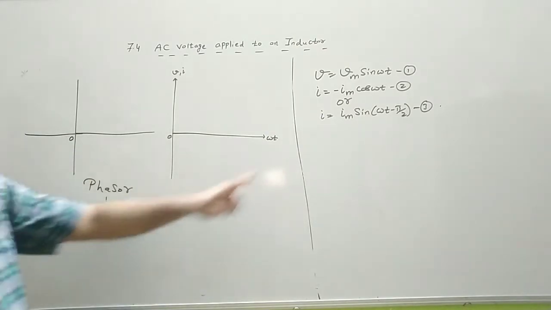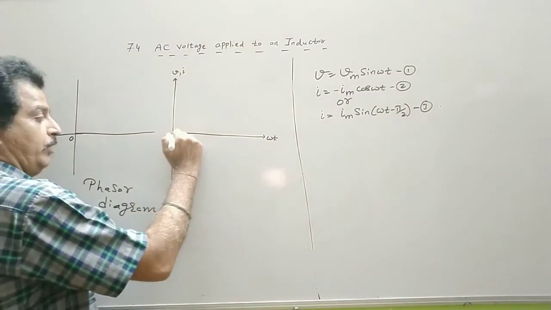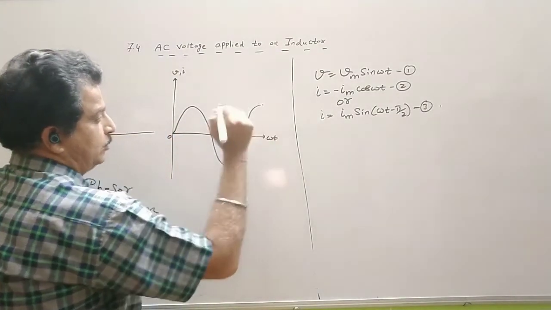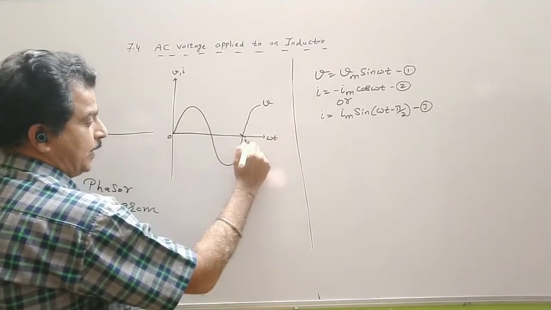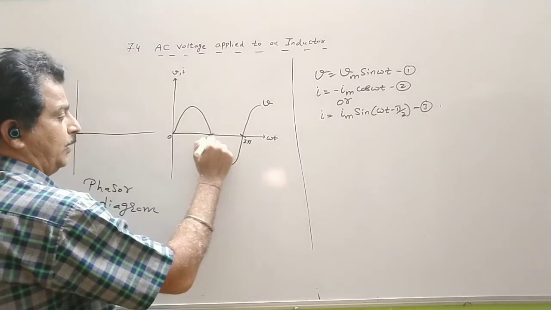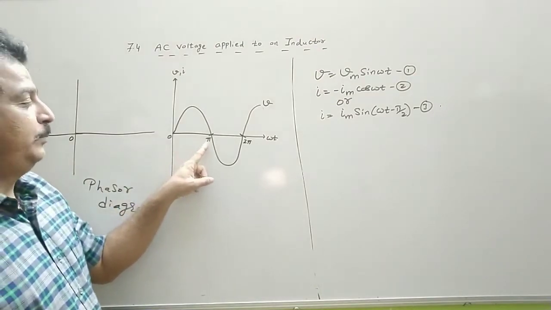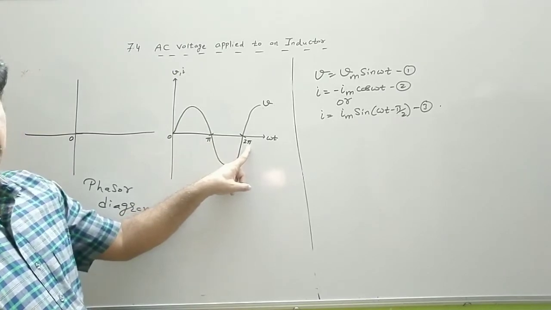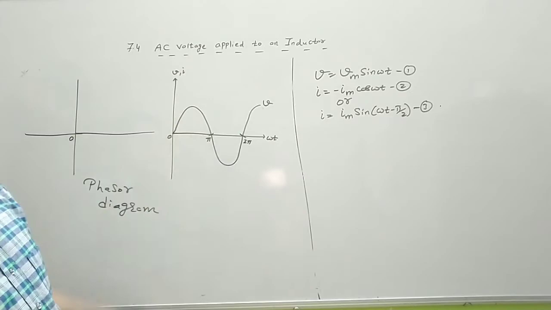Now clearly V is a function of sine. So the first thing is we draw the graph of V. This is one complete cycle. This angle is 2 pi and this angle is pi. So omega t is theta. And in terms of time, this is T by 2 and this is T. So 90 degree comes here, that is T by 4 second.